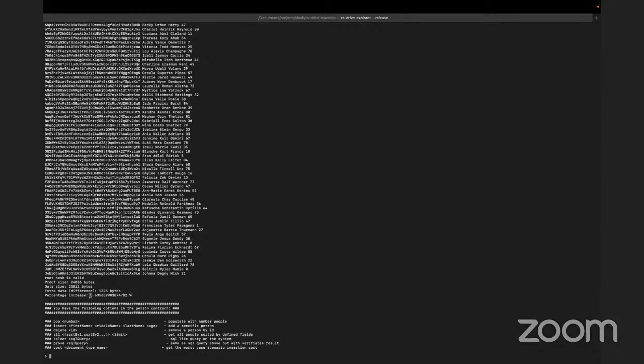So that was like a 5.6% percentage increase in terms of the data and the proof size. So this is really, really good, but that's because we're requesting everything in the database. So once you start to request